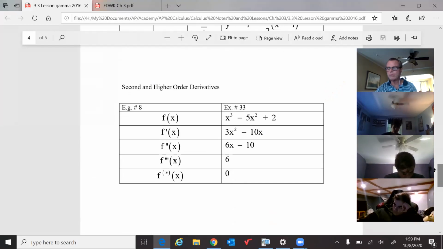So, example 8, which we're not going to go over problem 33, but example 8 is saying to you, you can continue to use the power rule. Meaning we've got this parent graph, here's the first derivative. Well, we differentiate that, you get the second derivative. You differentiate that, you get the third derivative. The fourth derivative, the derivative of constant 0. So differentiation is like sunscreen. You can reapply it. Okay? Now,